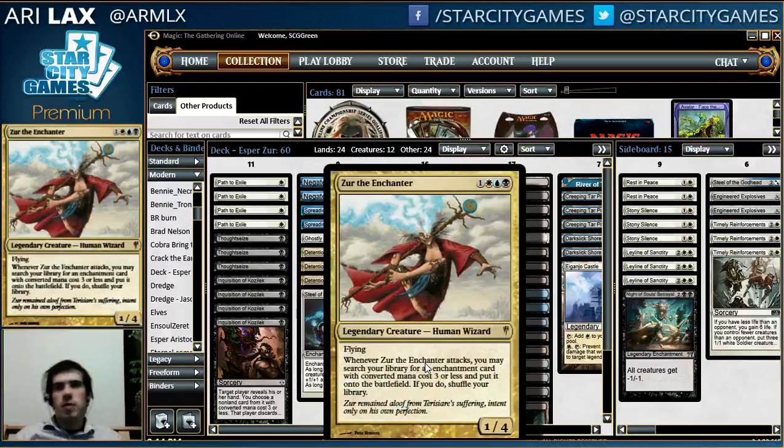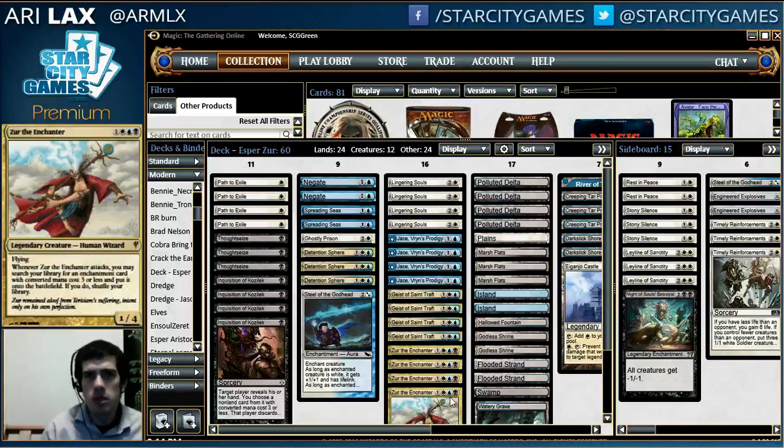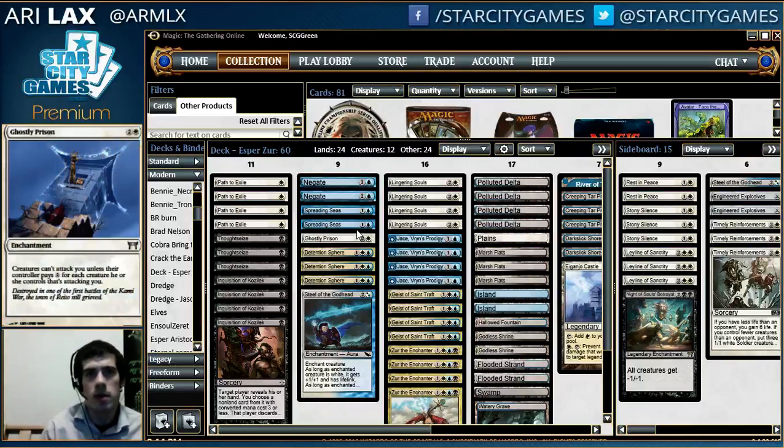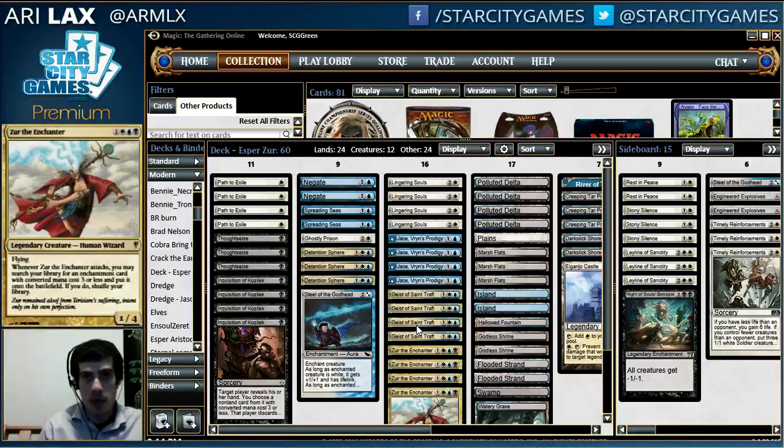But Zur the Enchanter does a really good job of being the same kind of hard to kill, doesn't die to Lightning Bolt, doesn't die to Abrupt Decay, attacks, and usually comes close to one-shotting your opponent, depending on what you tutor for. So that's really what this deck's trying to do, is assemble a threat that is a